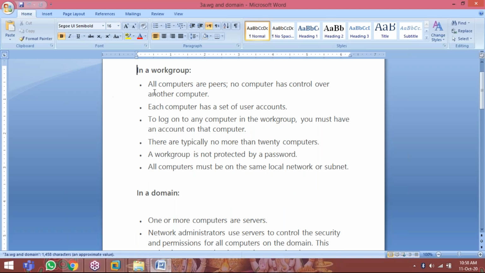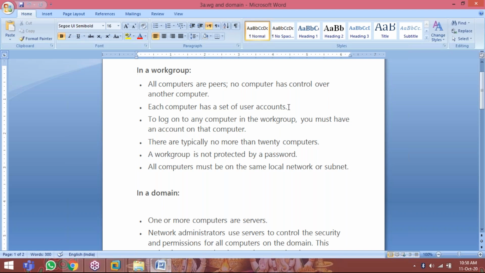See, in a workgroup, all computers are peers, one to one. No computer has control over another computer. Every computer can act as a server and as a client. No computer can control any other server. Each computer has a set of user accounts. Just now we created a user account. Like that, you can create user accounts on individual computers.